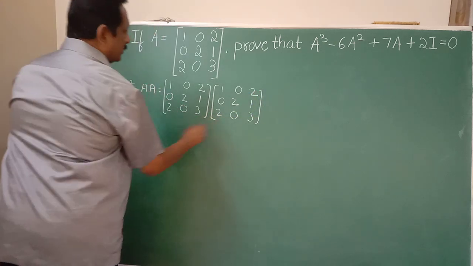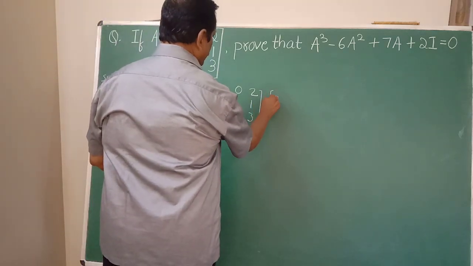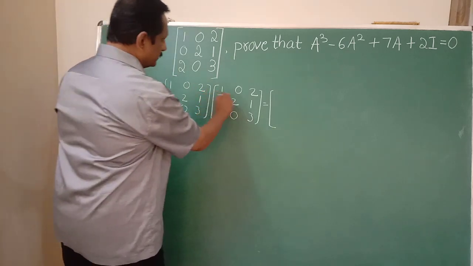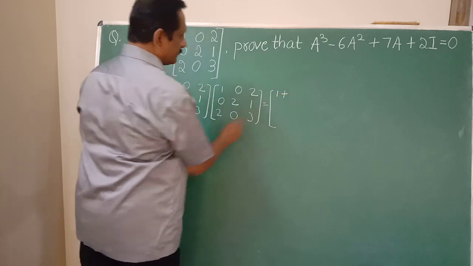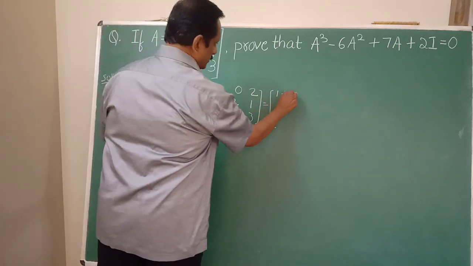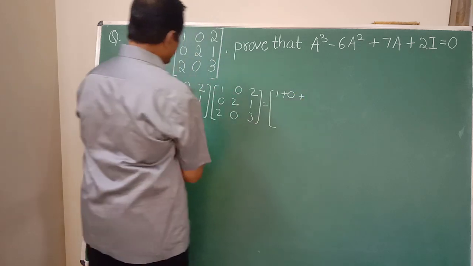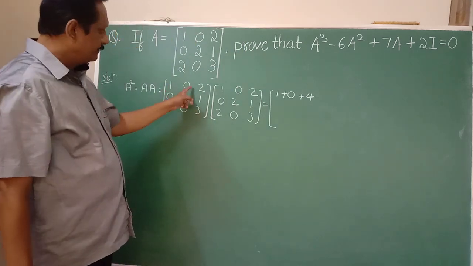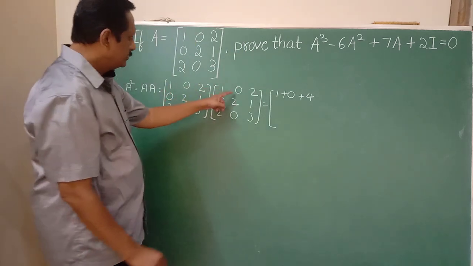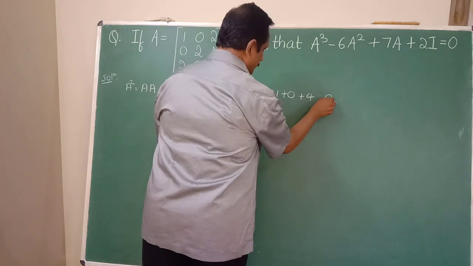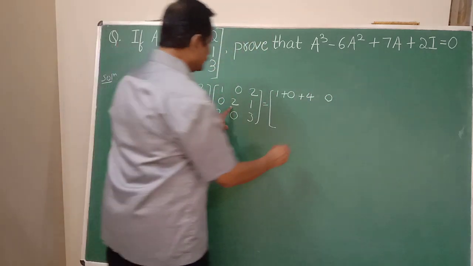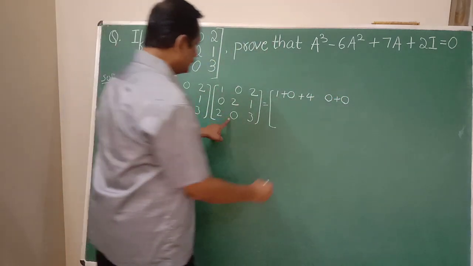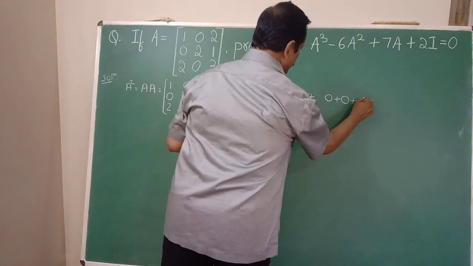Okay, then this is equal to multiply row with the column here. Multiply row with the column. So 1 into 1 becomes 1 here. So write here 1 plus 0 into 0 is 0. So write here 0 plus here. 2 2s are 4. So write here plus 4 here. Multiply first row with the second column here. 1 into 0 becomes 0. So write here 0. Then 0 into 2 becomes 0 plus 0 here. Then 2 into 0 becomes 0 plus 0.